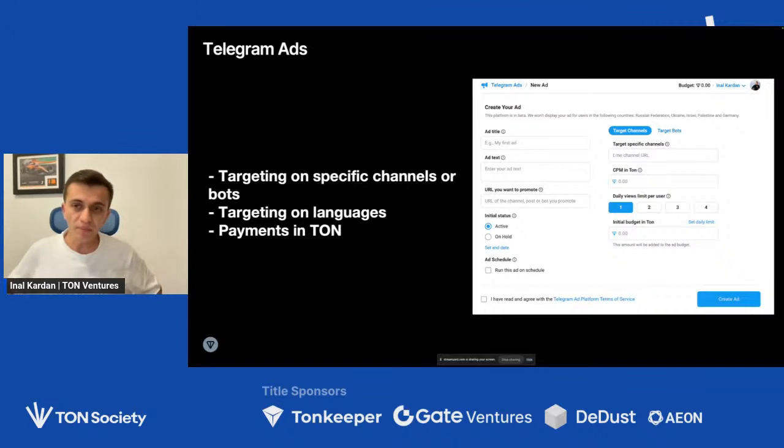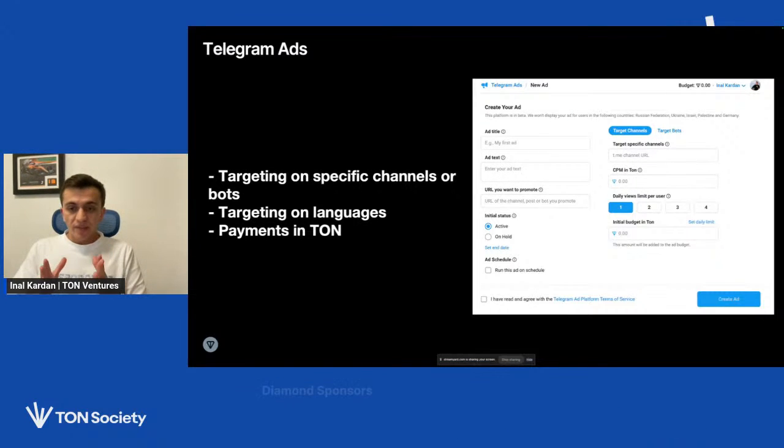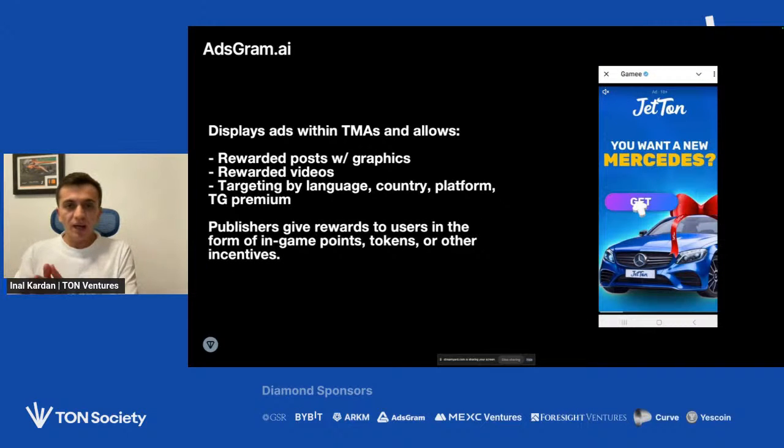So because of this, you will not have very specific targeting options on Telegram ads. But again, probably this is the first thing that you have to use to acquire more users on Telegram.